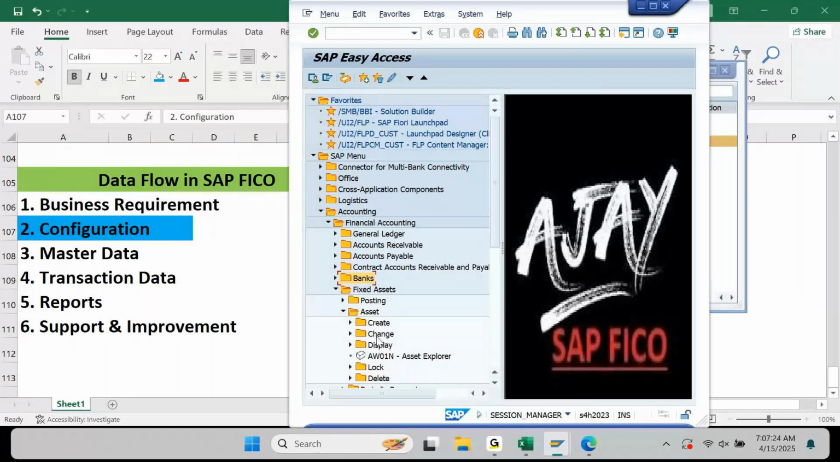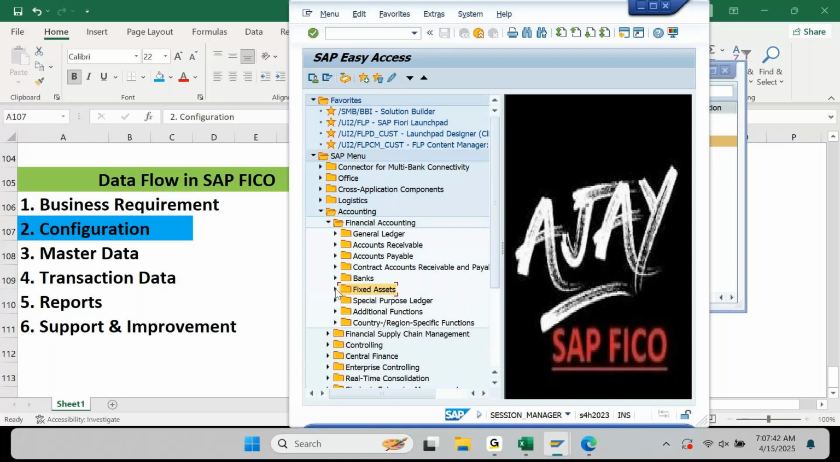This is your master, creating asset and all. This is your posting transaction. This is your information reporting. It is the same everywhere in any module that you take: GL, AP, AR, cash, bank and all. Agree? Yeah. All these are working based on configuration. If you go to configuration,